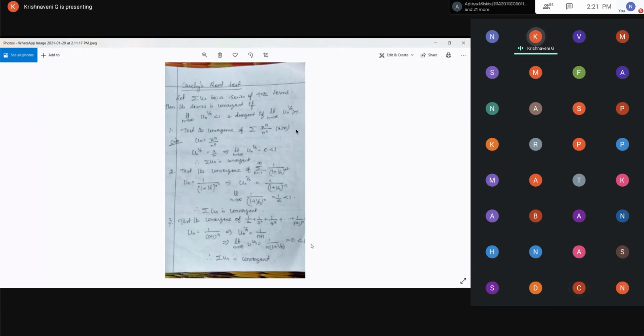Only two possibilities. Equal to 1 means we can't apply this Cauchy's root test. Then we'll have to apply the comparison test, have to use some other test. Only two possibilities are there: one for less than 1, other one for greater than 1. In case we get equal to 1, we can check for some other